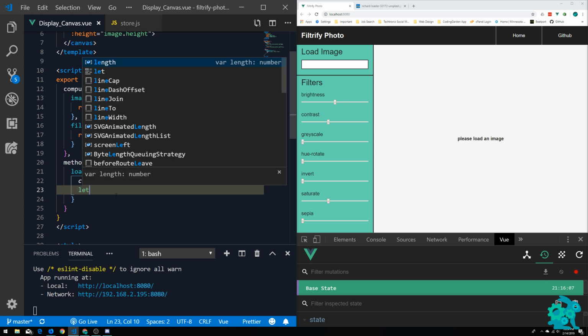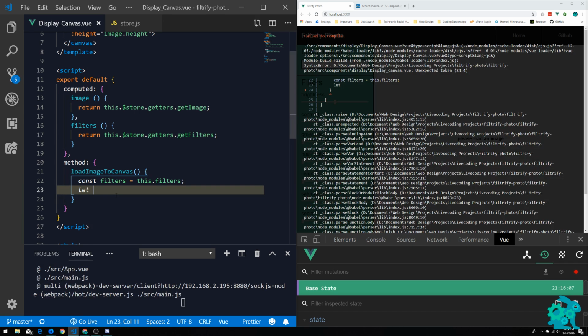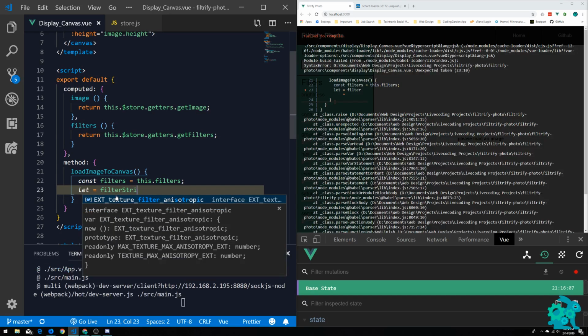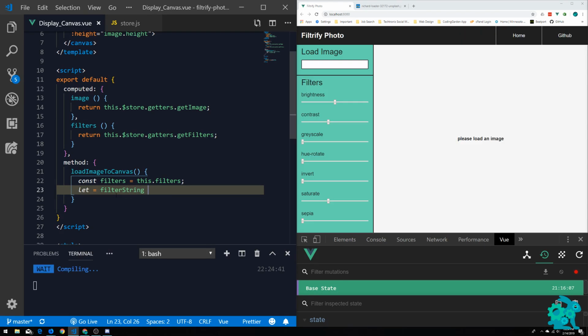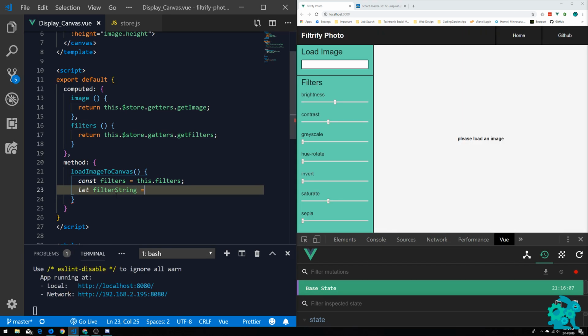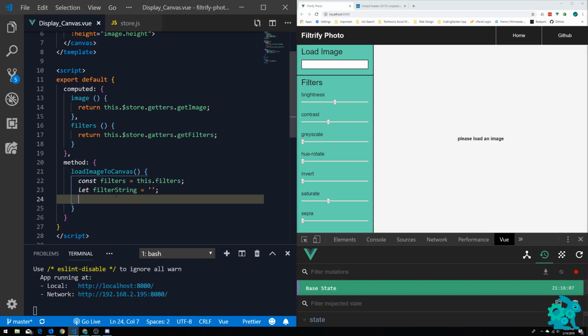So what we want to do is we'll say let, which will be a variable that we can change or reassign or mutate and whatnot. So we'll say let FilterString, and you'll see why we do that in a second. Let FilterString equals an empty string, right? So we'll initialize that variable as an empty string, and then underneath that we're going to loop through